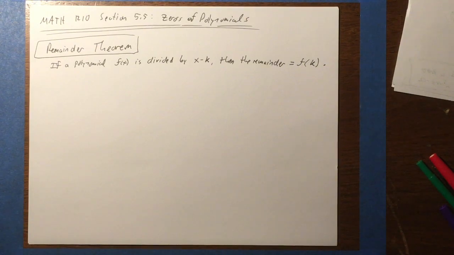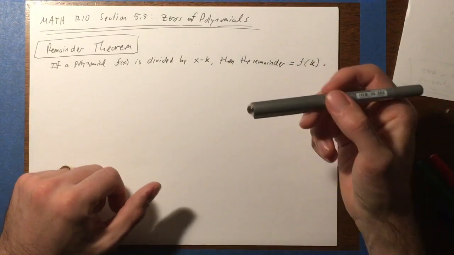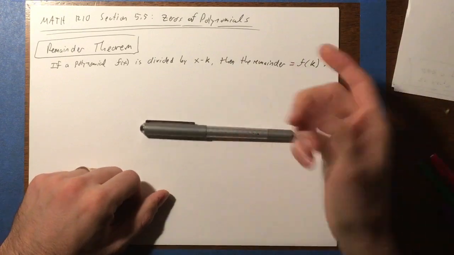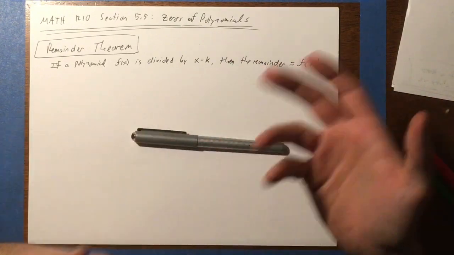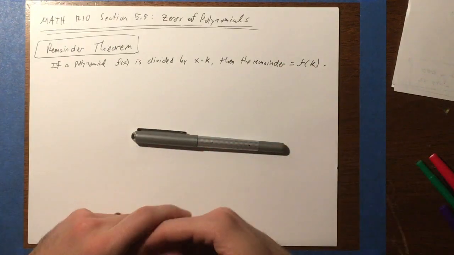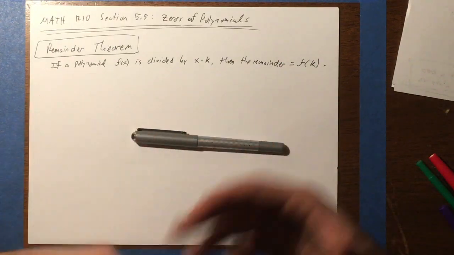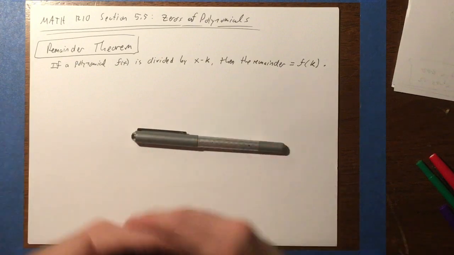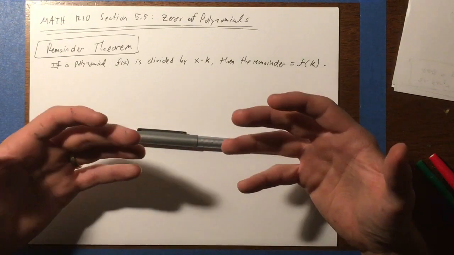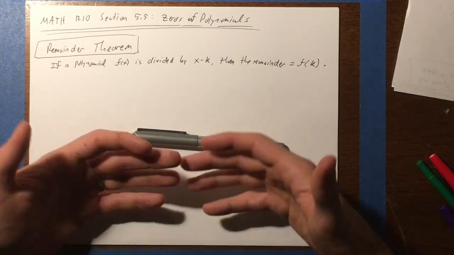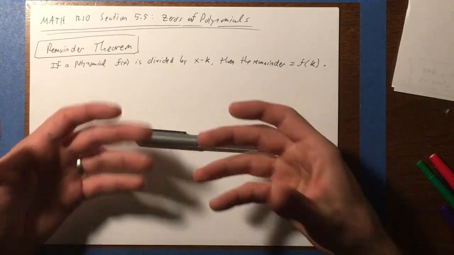All right, folks, we have come to section 5.5, which is called Zeros of Polynomials. With what we've learned about polynomial division, factors of polynomials, and the x-intercepts of the graphs of polynomials, it's been building up to this section, where we're going to finally formalize these ideas and establish how you factor polynomials and therefore how you solve